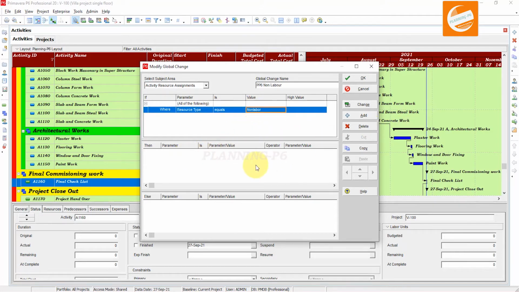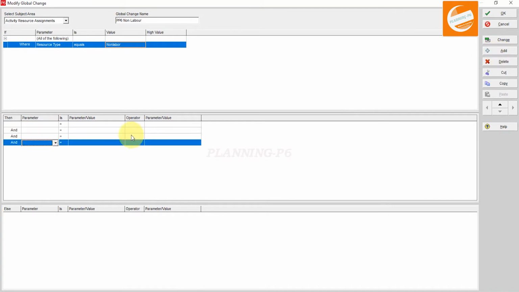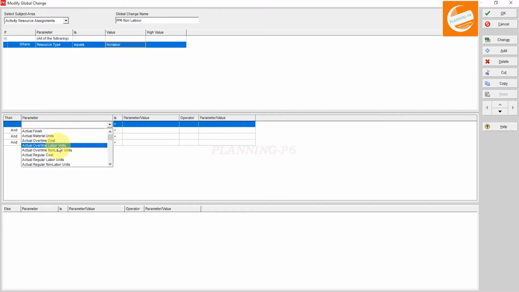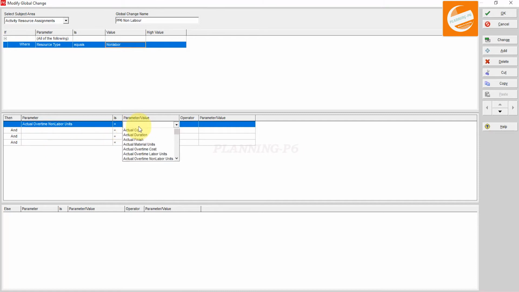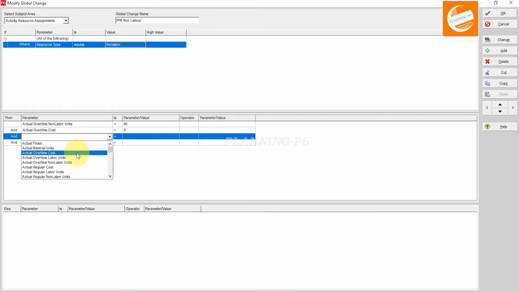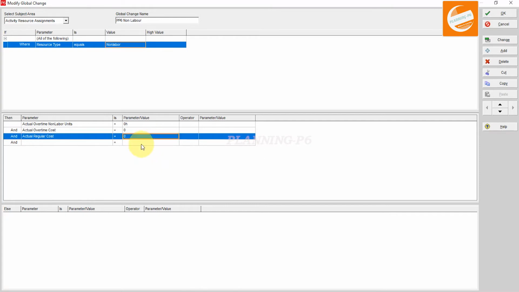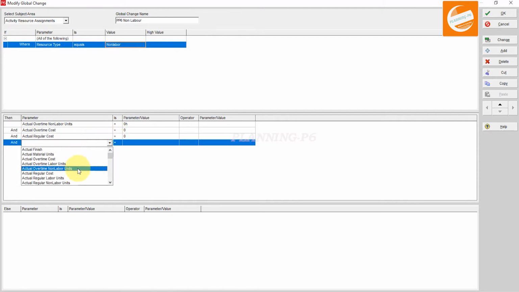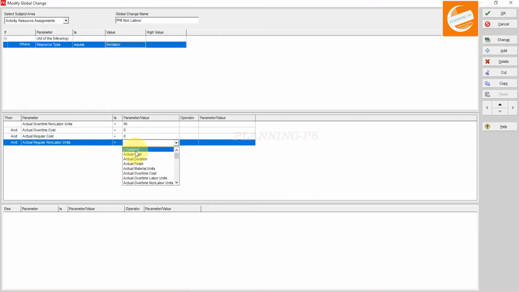Select the second one and add here the same 4 in parameters, 1 2 3 4, and the same ones: actual overtime non-labor units is equal to custom, and then actual overtime cost is equal to custom, and then actual regular cost is equal to custom, and actual regular non-labor units is equal to custom.